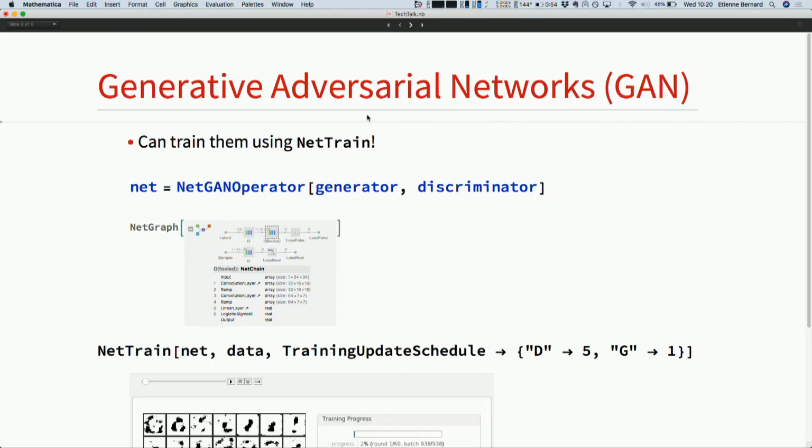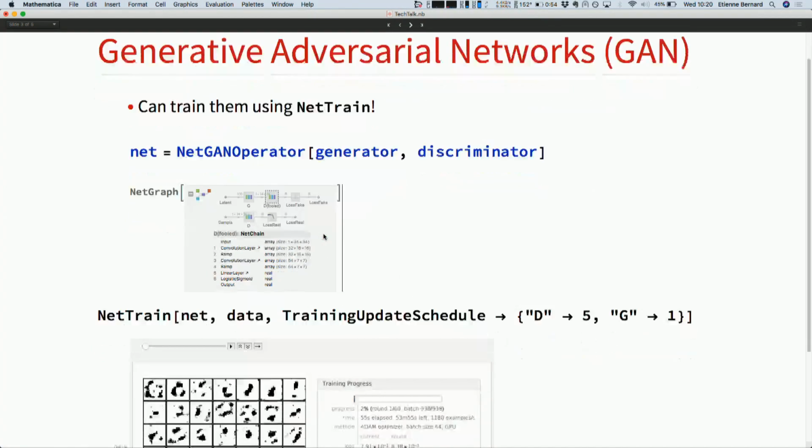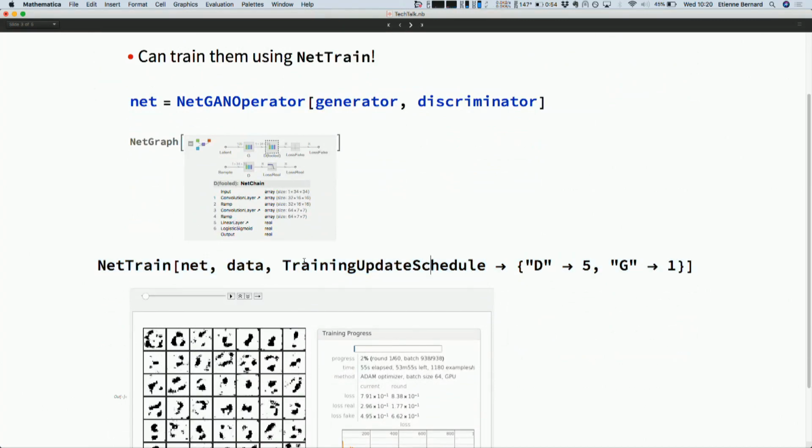So we thought it would be very hard to do with our framework because it's a very high-level thing. So we have this net train, and then you have this monitor that you see, but you don't control the training loop. You don't have a loop where you say, update this network this way, then update that network this way. We don't have this. And so we thought, well, we'll have to go low level to do GAN, and actually not. So the trick is that it's still only one network, but it's actually two networks inside. And that way, there's a little bit of tricks such as, okay, that's just this thing we added